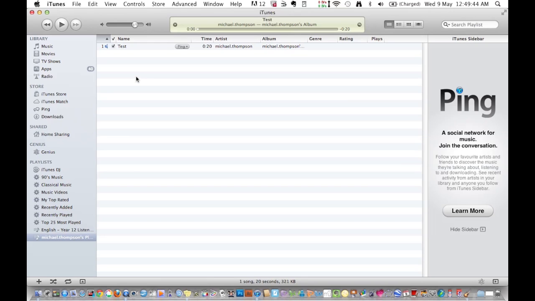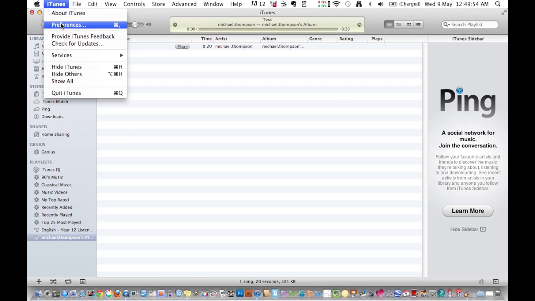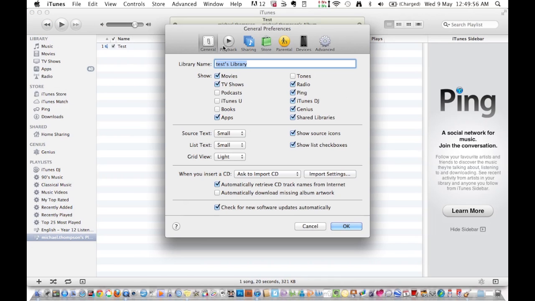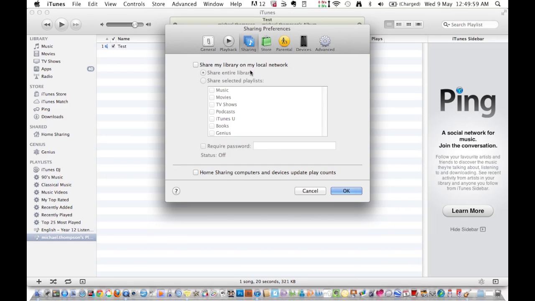So of course our students perhaps would be doing group work and they might want to then share with others in their group. This is very easy to do. Go up to iTunes and Preferences and go to Sharing, and we can see here Share my library on my local network. That's what we want to do. We don't really want to share our entire library, so we click on Share selected playlists. We need to scroll down, look for, there it is, our playlist that was created just a few minutes ago,